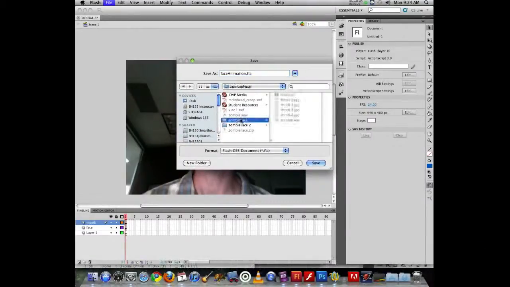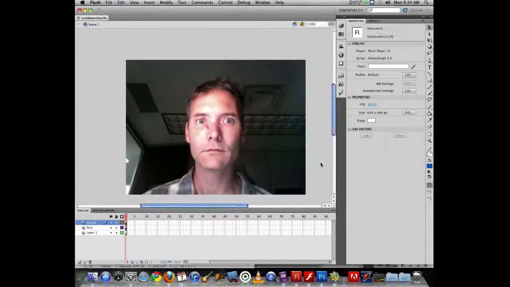So I'm just going to save this in the same folder as everything else, so it's all in one tidy location. So now it's been saved. Now I want to bring the audio into Flash. One thing about working with audio in Flash